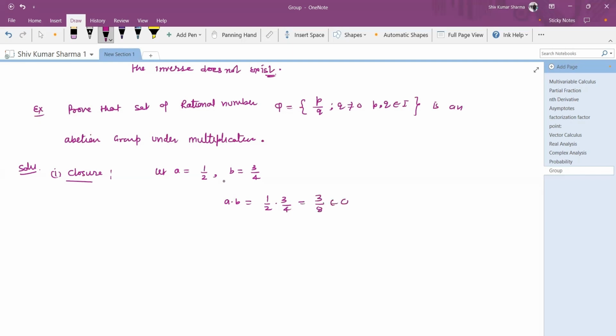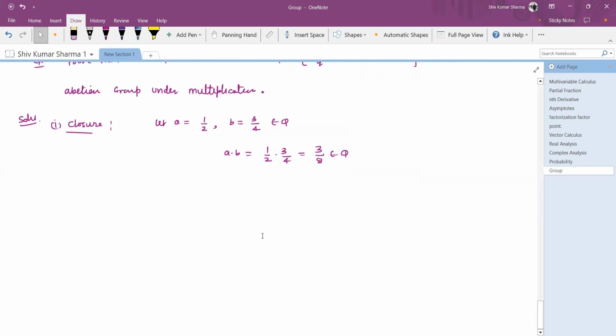a and b also belong to Q, and this result also belongs to Q. So that means it is a fraction, but Q is not equal to 0, the denominator cannot be 0. We can take any fraction which belongs to the set of rational numbers. Second, associative is also satisfied. For the associative property, we can take any three numbers. Suppose let A equal 1 by 3, B equal 2 by 3, and C equal